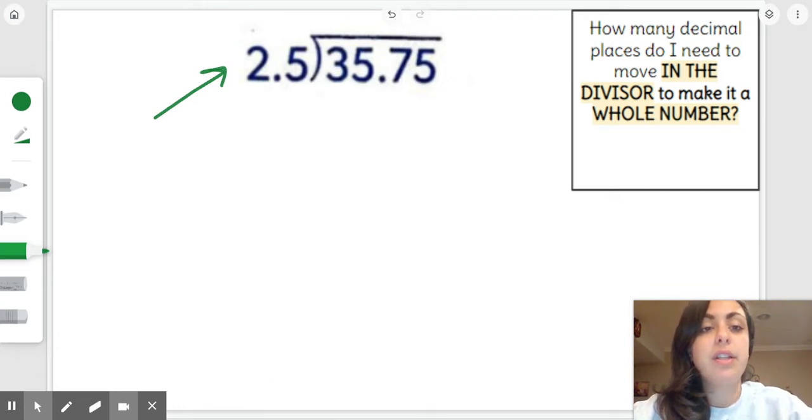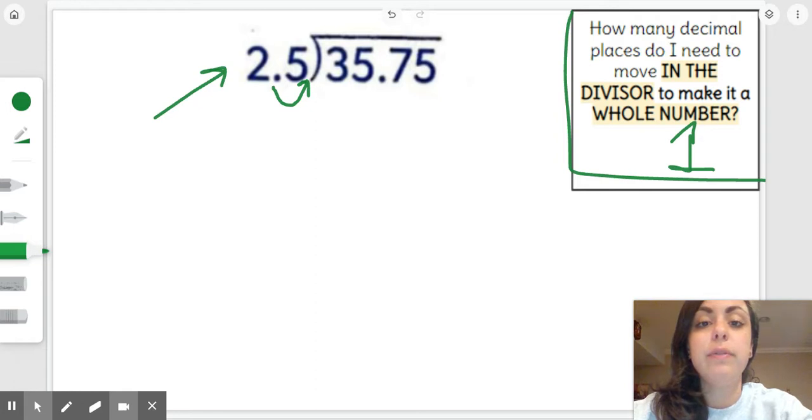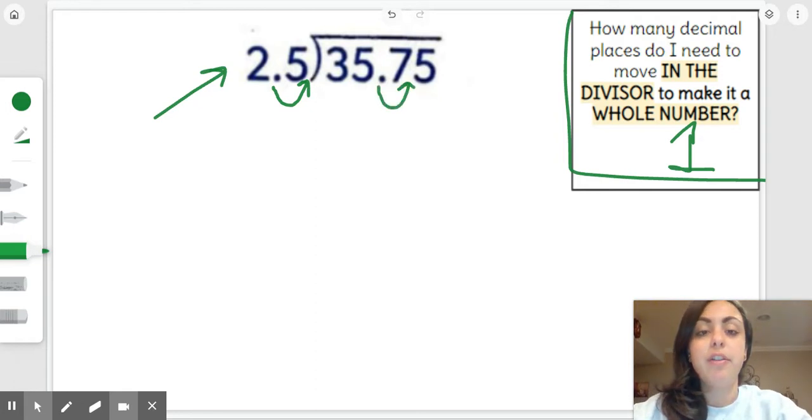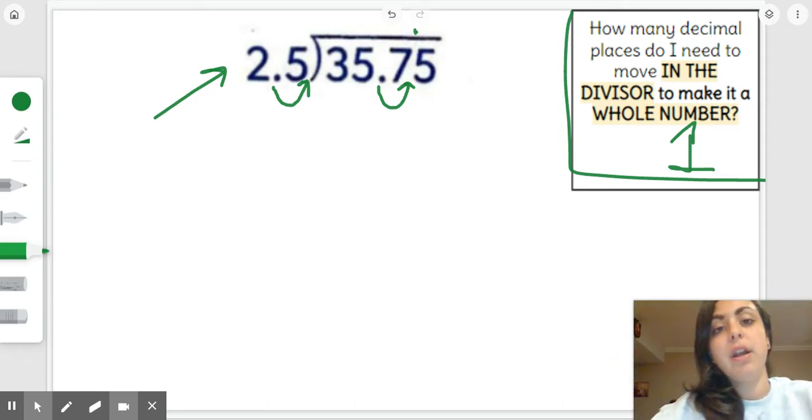So we need to ask ourselves this little question I put here in the corner. How many decimal places do I need to move in the divisor to make it a whole number? To make it a whole number, I have to put it at the end of this. And the answer to that is 1. Now, I can't just move it in the divisor. I have to also move it in the dividend the same amount of places. And then I'm going to put it up here in my answer just so I know where it should be